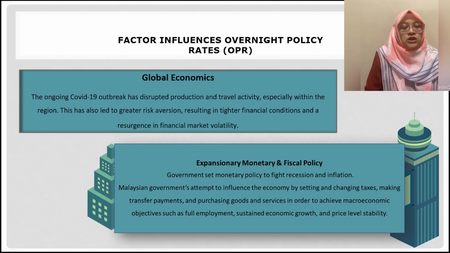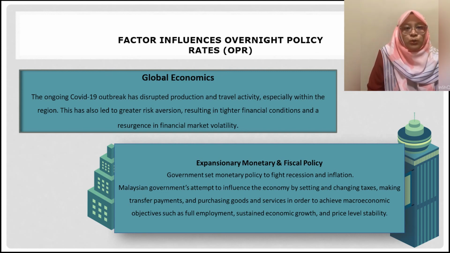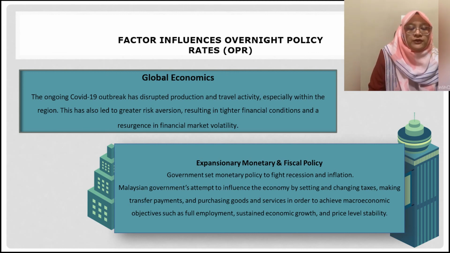unemployment and inflation. How does the Malaysian government set monetary policy to fight recession and inflation? In a recession, real GDP is lower than potential GDP. This leads to high unemployment due to some firms operating below normal capacity. To reach its goal of high employment and overcome recession, the government needs to carry out an expansionary monetary policy by increasing the money supply and decreasing the interest rate. Then the lower interest rate causes an increase in consumption, investment and net export, which increases the aggregate demand.